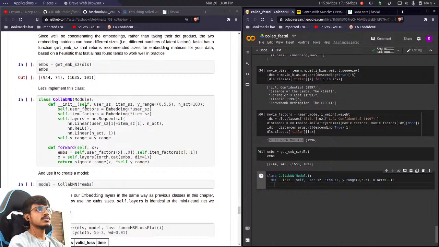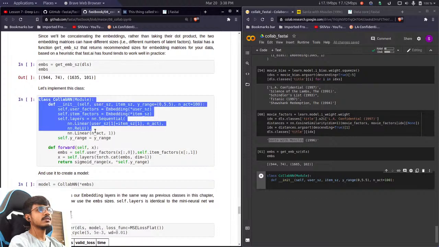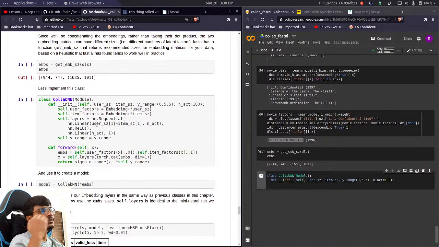So what do we do? We get the user embedding of size user size, the item embedding of size item size, and create a sequential: a linear layer, followed by a ReLU and a linear layer. A neural network with two layers. First layer will